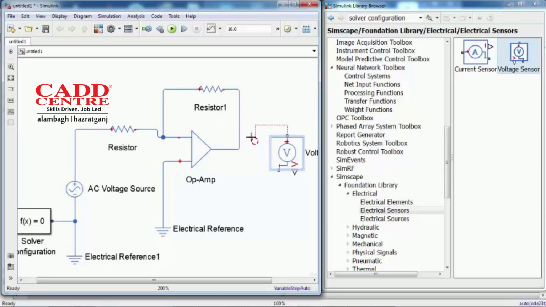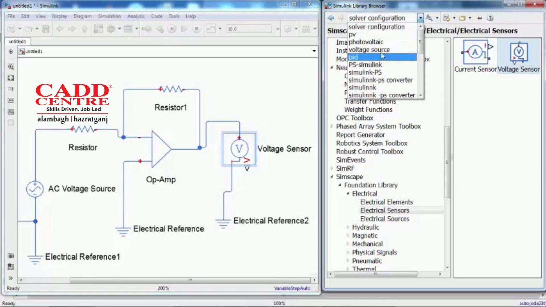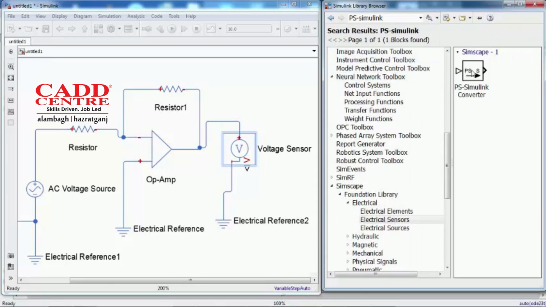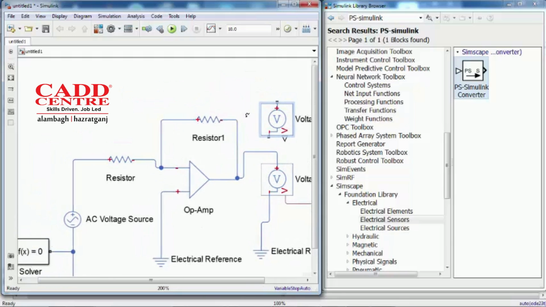The output of the op-amp here, like this, and this point is connected to the electrical reference, and this point is connected to the PS to Simulink converter. We will search for the PS to Simulink converter and place it here and connect this point to the PS to Simulink converter, like this. And then again we will create a copy of the voltage sensor